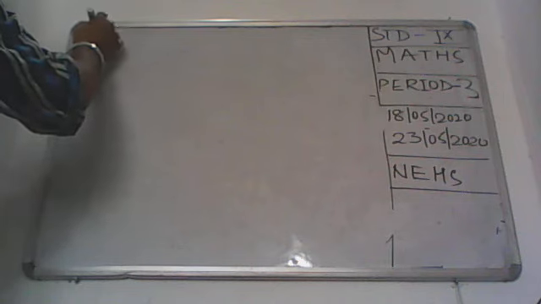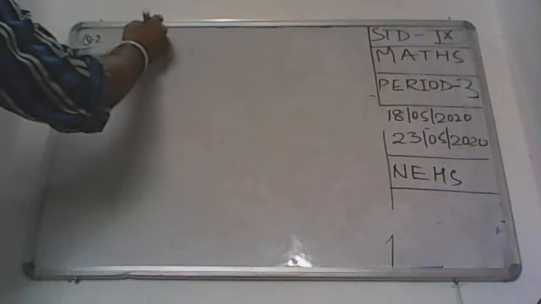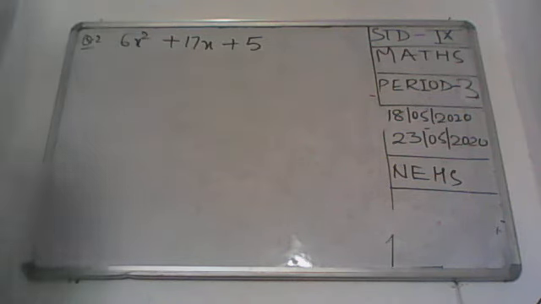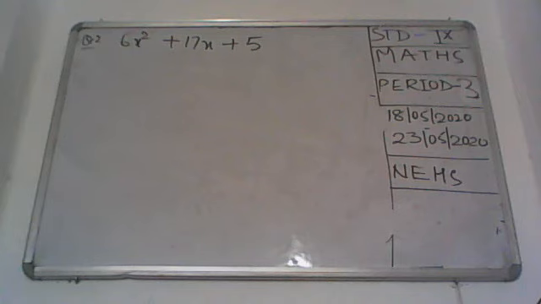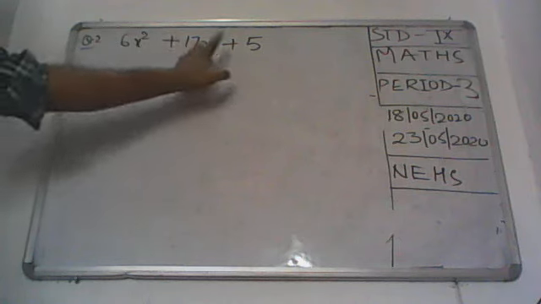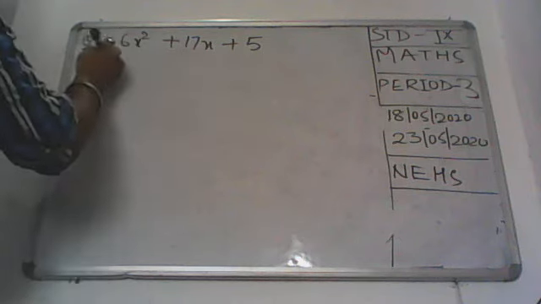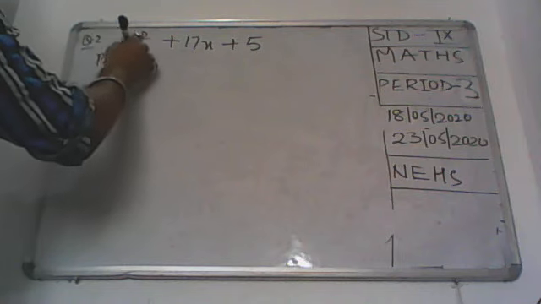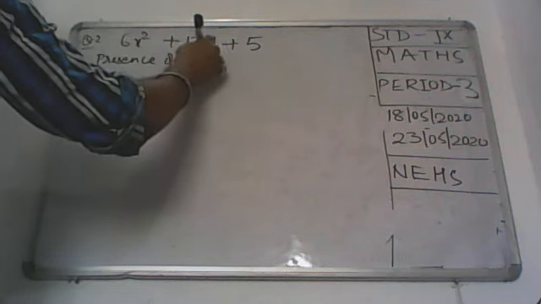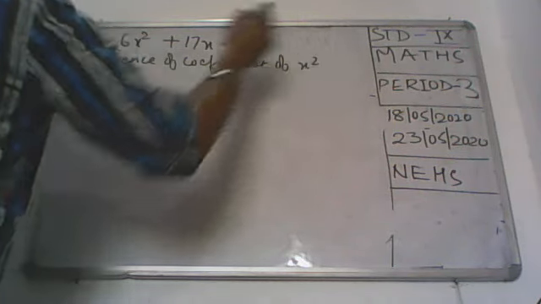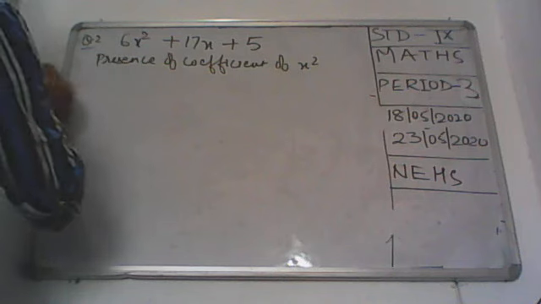6x square plus 17x plus 5. Okay. This is a quadratic trinomial. So this time the x square coefficient is there. In the presence of a coefficient of x square, in that case,